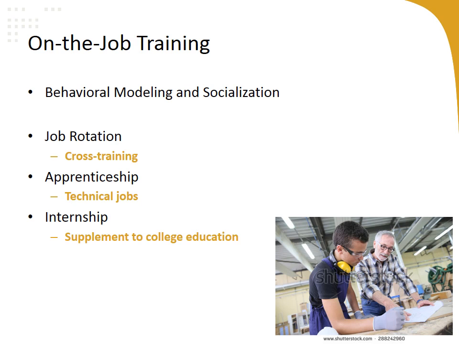Now, another type of on-the-job training is apprentice training, and this is typically found in the crafts and trades, such as carpentry and plumbing, more technical fields. Apprenticeship usually takes about 150 hours of formal classwork and working with an expert for several years to learn and perfect a particular trade or become eligible for certification or a trade union. Apprenticeships are great for both the apprentice and the expert. The apprentice learns a valuable trade and the expert or the organization gets inexpensive labor. But usually apprentices are paid.